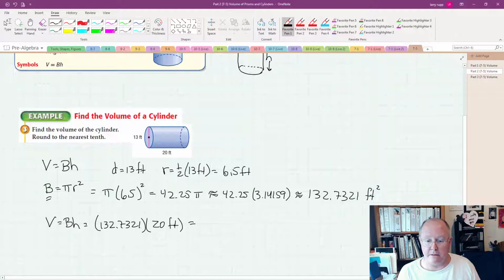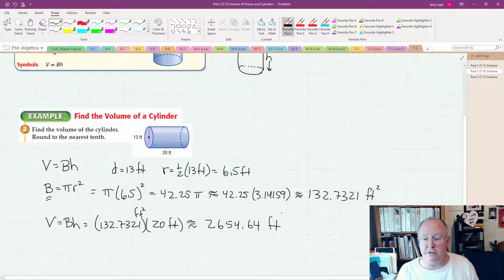Okay, and I didn't put feet squared in there, but there it is. Okay, so we take these two and multiply them together, and what we come out with is 2654.64 feet squared